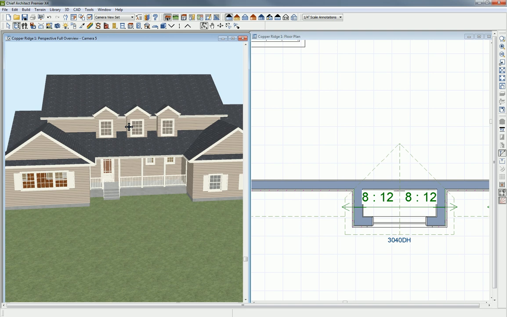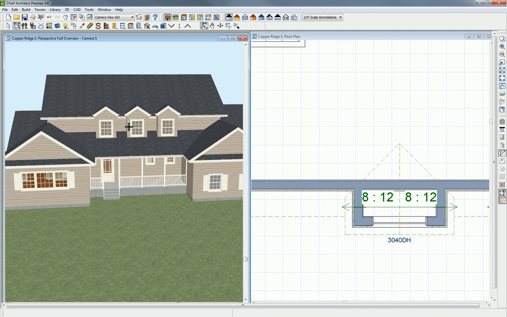So I believe that we're pretty well done with the outside of our house. There are some additional things that we want to do in terms of finishing touches. So we'll want to change the stone on the front of our house, perhaps add some corner boards and get into some more materials and landscaping. So we'll deal with that a little bit later in our presentation in the section where we're adding those finishing